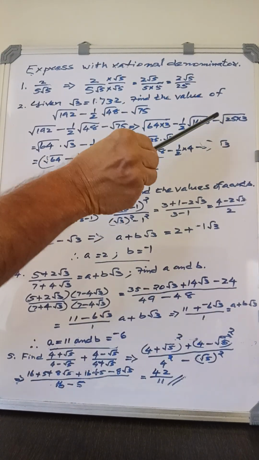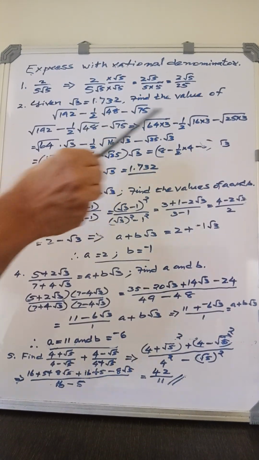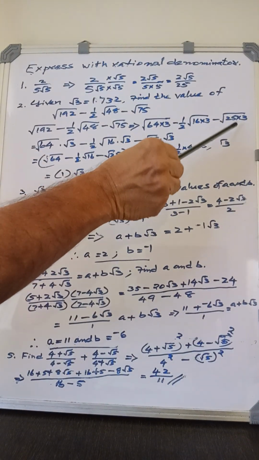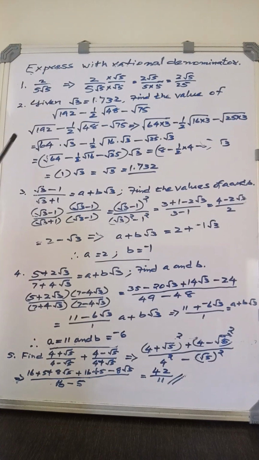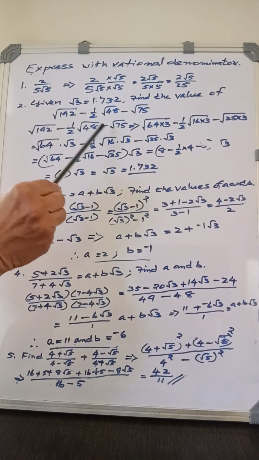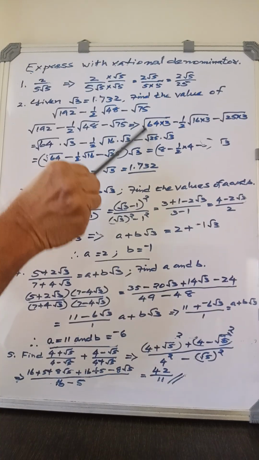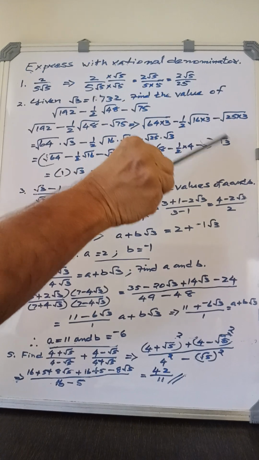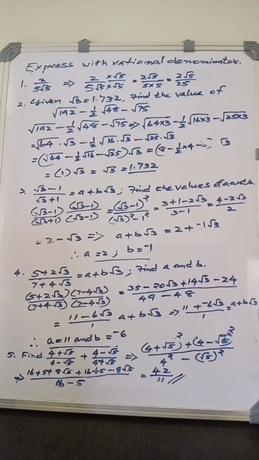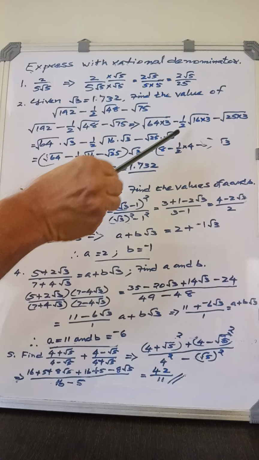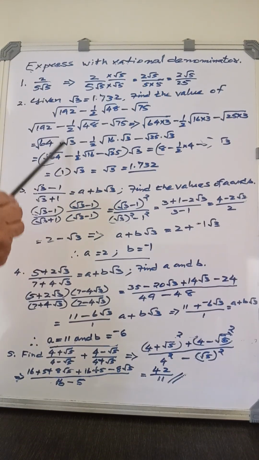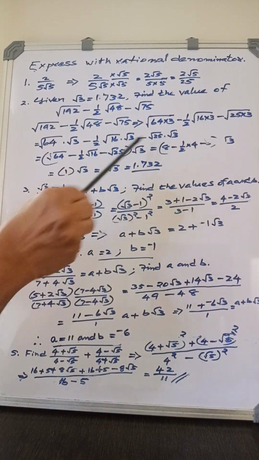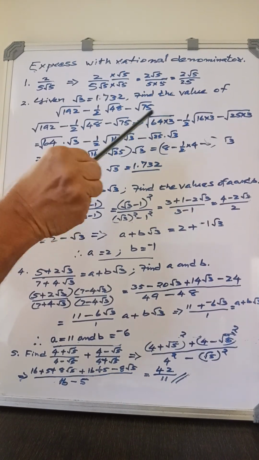1 by 2 into root 48 gives root 16 into 3, and root 75 gives root 25 into 3. Therefore, root 192 minus 1 by 2 root 48 minus root 75 gives root 64 into 3, minus 1 by 2 into root 16 into 3, minus root 25 into 3. That is root 64 into root 3, minus 1 by 2 into root 16 into root 3, minus root 25 into root